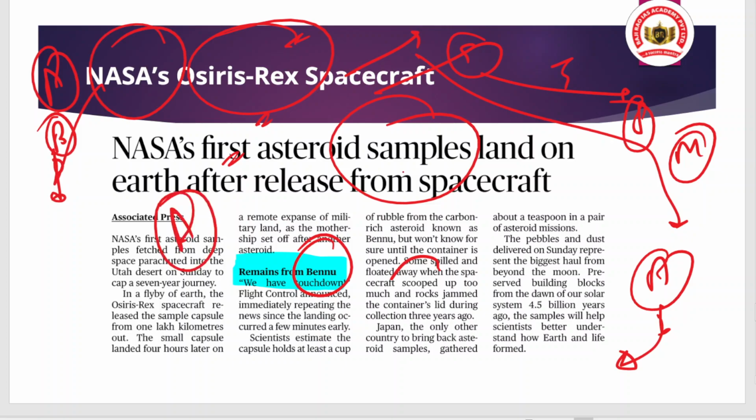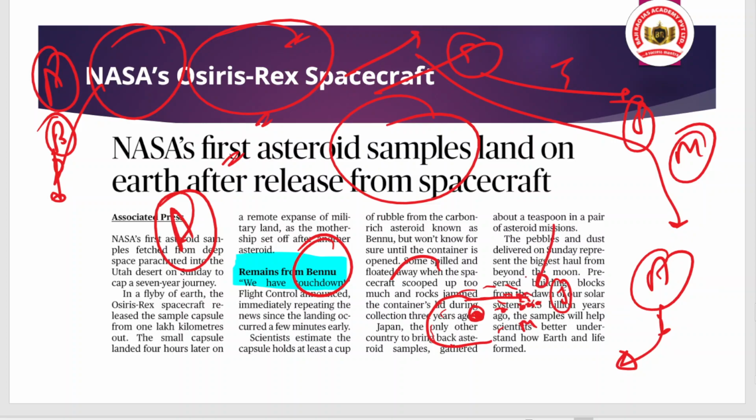And what do you mean by asteroid? Basically, you have to understand that in our planetary system, we have the sun, we have the planets, okay, and these all revolve around the sun. So between Mars and Jupiter, we have certain belts of solid materials, which may be the remnants of planets or dust or unformed planets. That all gets accumulated into this asteroid belt, the belt between Mars and Jupiter, and they also revolve around the sun. Okay, so